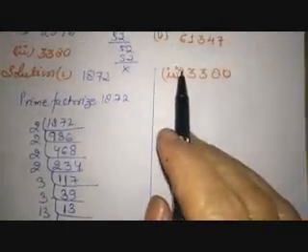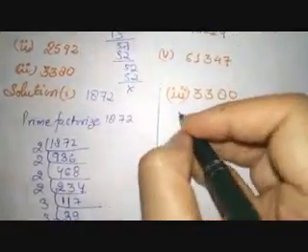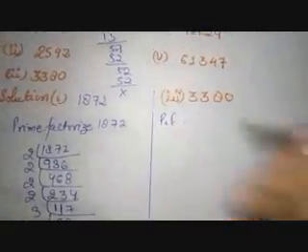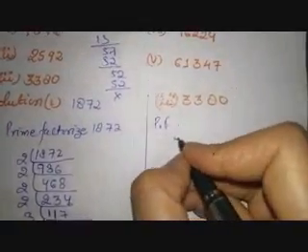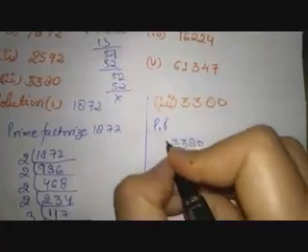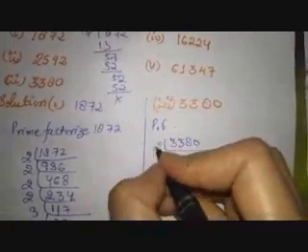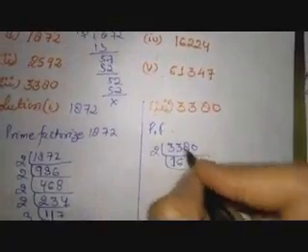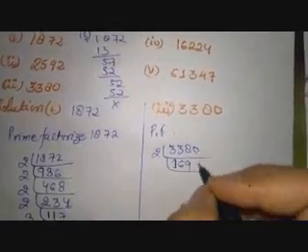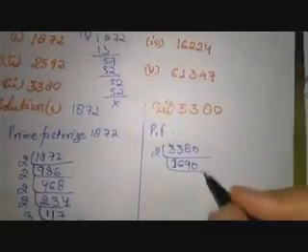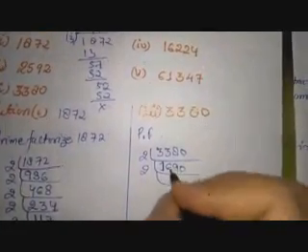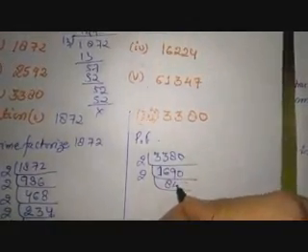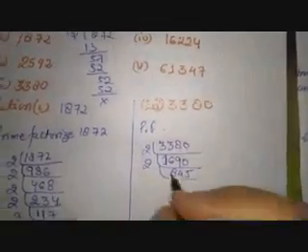Look at the third part of question number 5. We will do it with the same format. Prime factorize this 3380. It can easily be divided by 2. 2 1s are 2, 2 6s are 12, 2 9s are 18, and this is 0. Again I will try to divide by 2. 2 8s are 16, 2 4s are 8, 2 5s are 10.